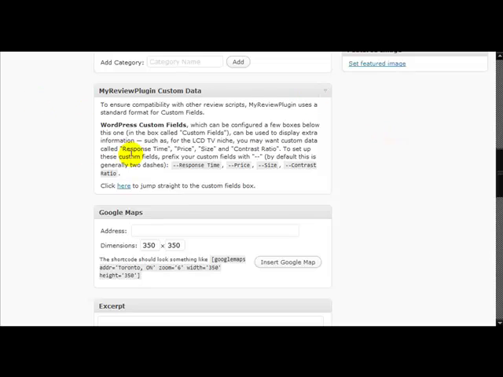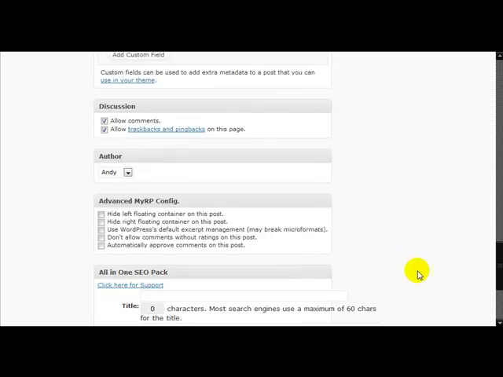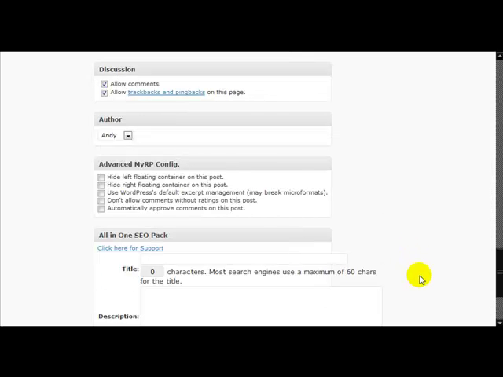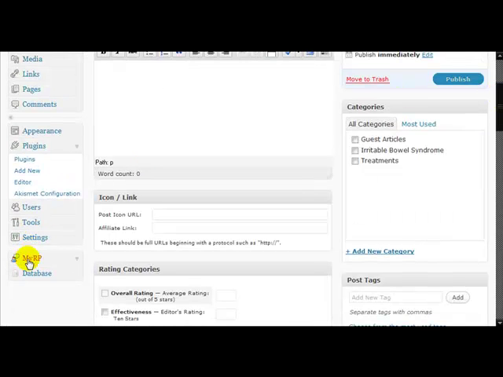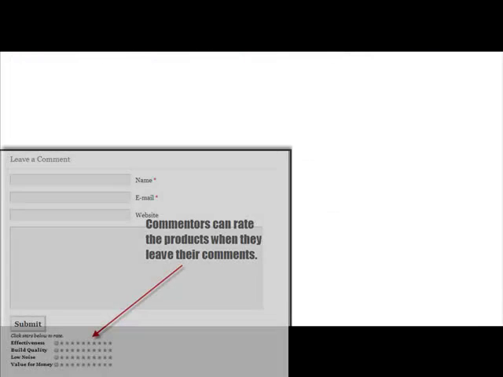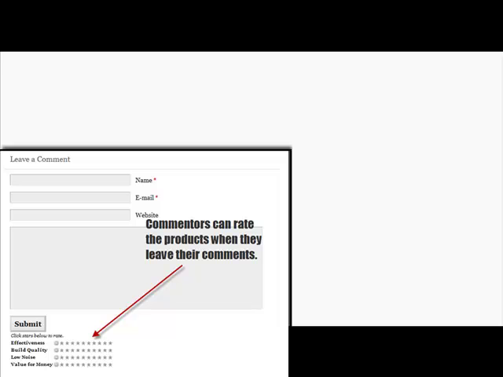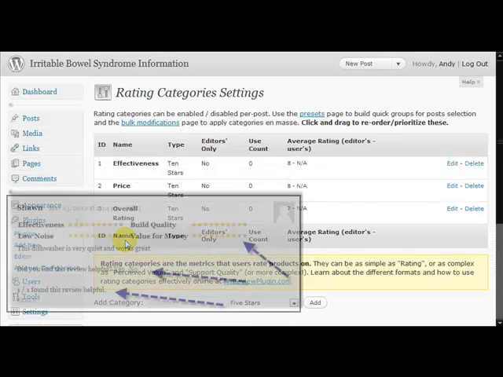And you'll see some other information down here, custom data, Google Maps, and a little bit more config on the My Review plugin. These are some of the things we're going to look at in the next video when we add our first piece of content to the category, we give it a rating, and then we can set up the plugin here so that we have ratings on the review pages, a ratings box embedded inside the comment